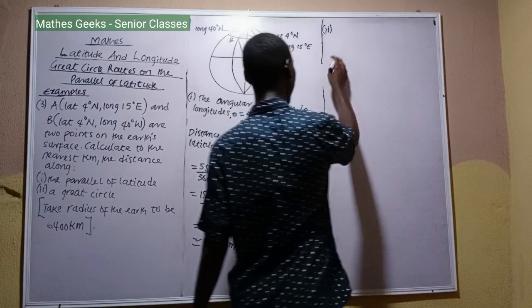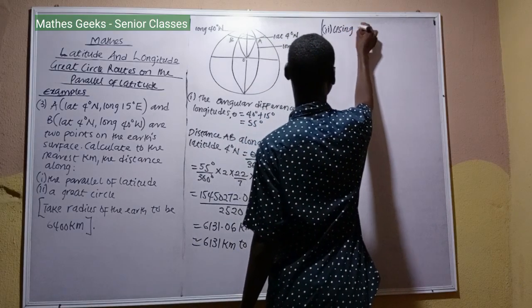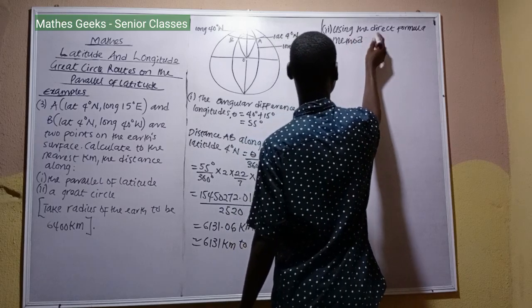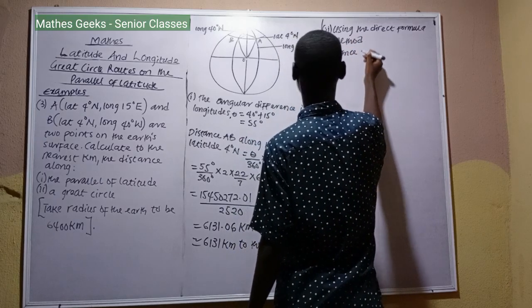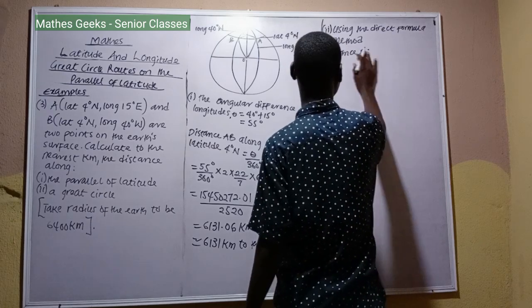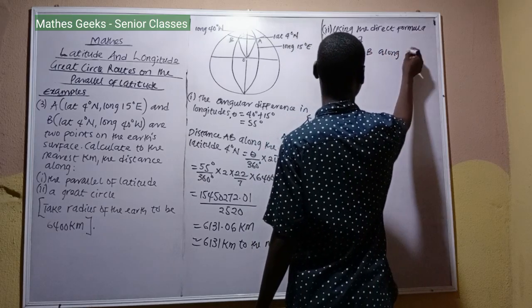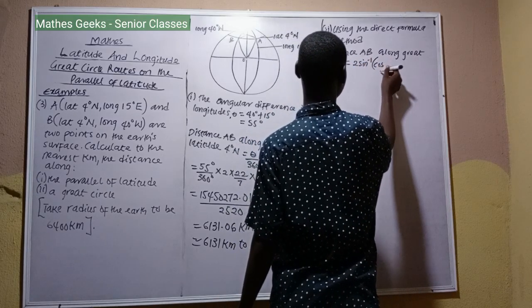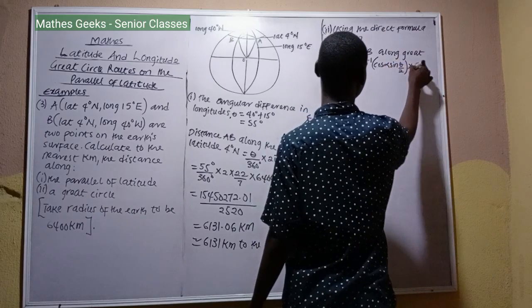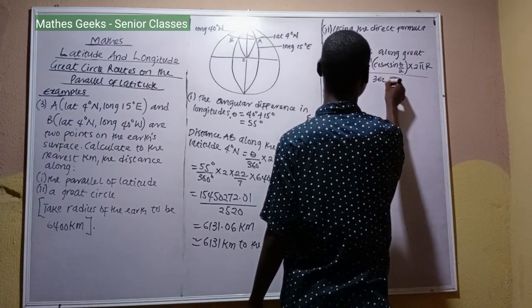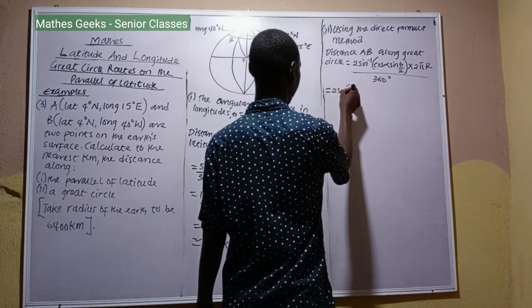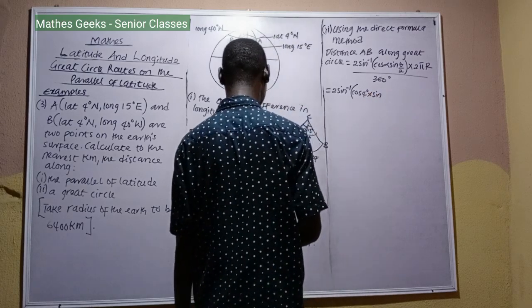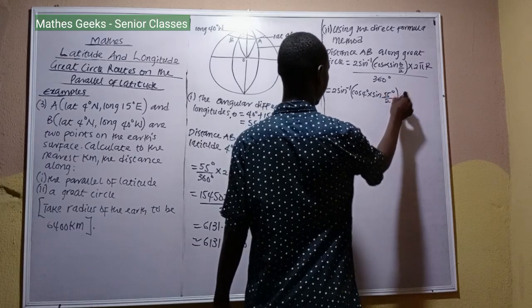Right. So I'm going to use the direct formula method. So distance AB along the great circle is equal to 2 arc sine of cos alpha times sine theta over 2, times 2 pi r over 360 degrees. That is 2 arc sine of cos 4 degrees times sine 55 degrees over 2, times 2 times